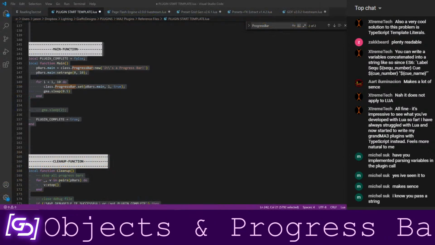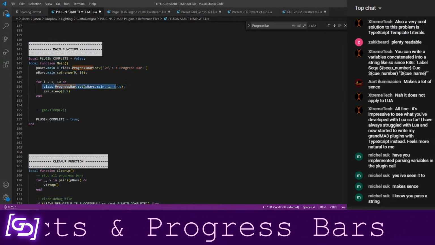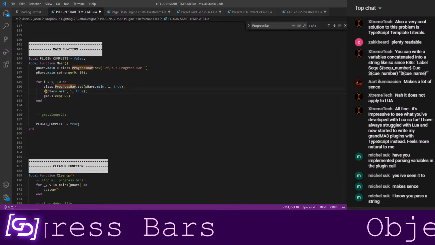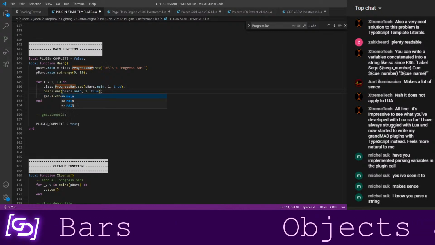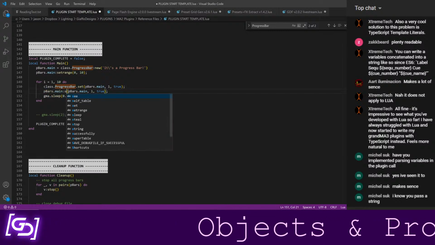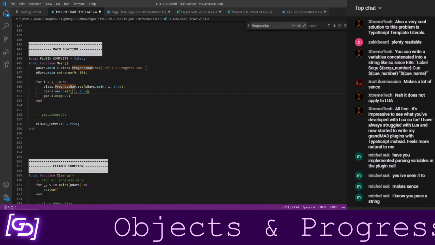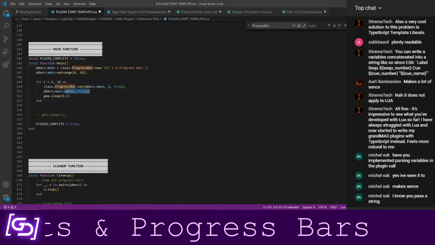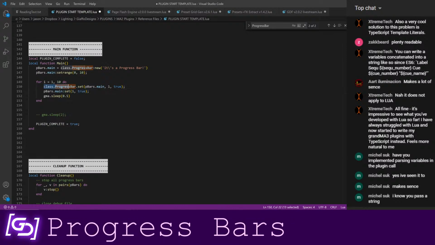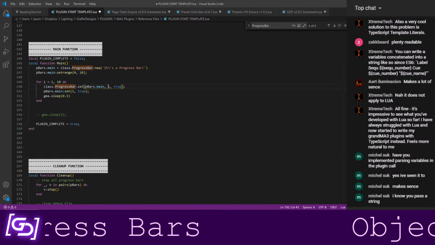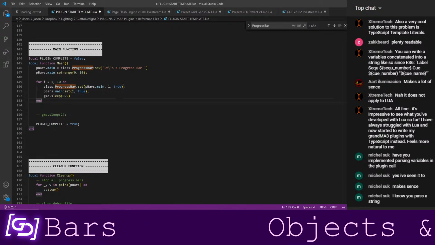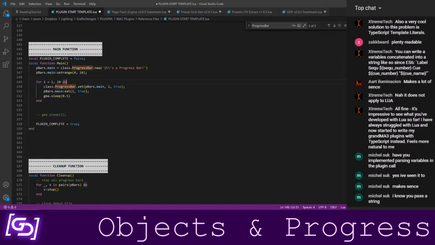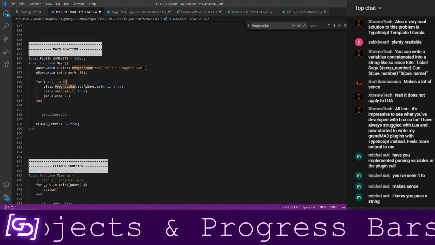So if I switch back over to our script here, this is the same thing as writing pbars dot main set this. It is just a lot easier to say this object is going to perform this action rather than call the function that lives here on this object with these values. It's kind of a shorthand way to write it. And it becomes really helpful when you have something complicated to keep up with.